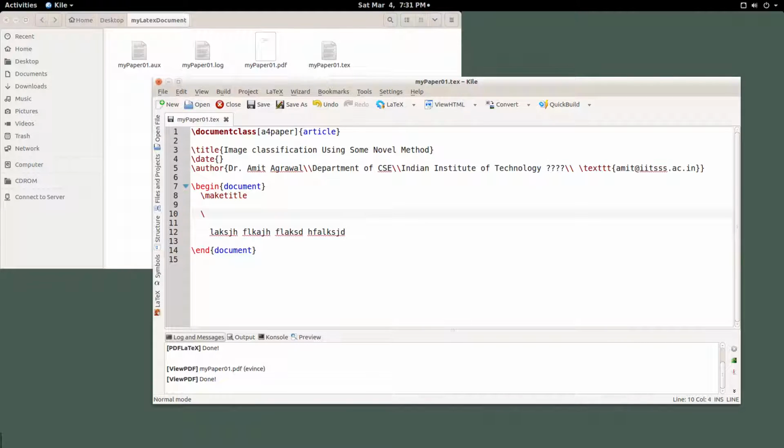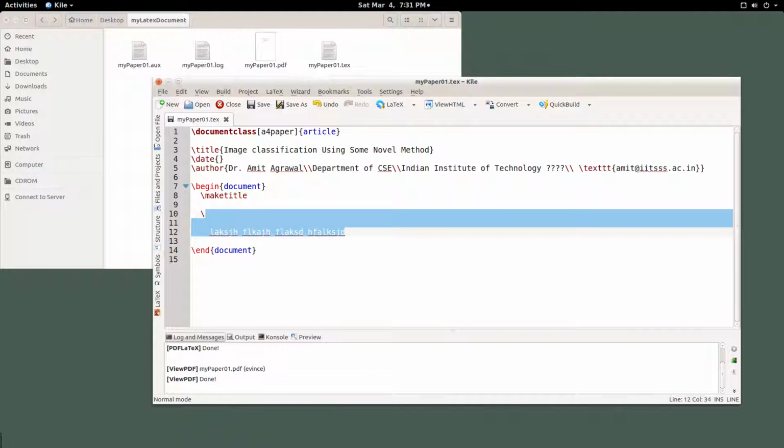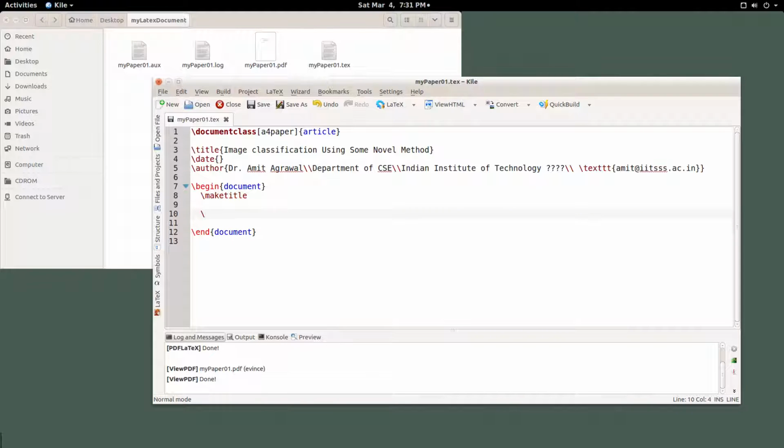Now, most of the time in a research document you also specify the abstract. So you begin abstract: \begin{abstract}. So I can write, we are going to address a very important problem